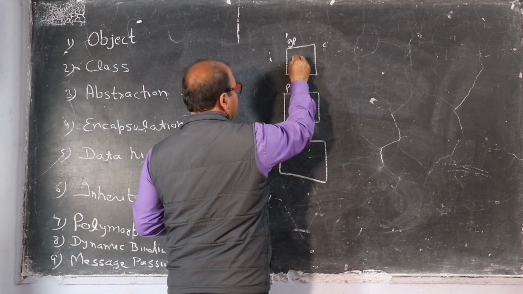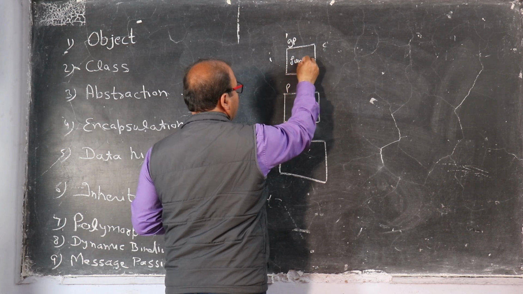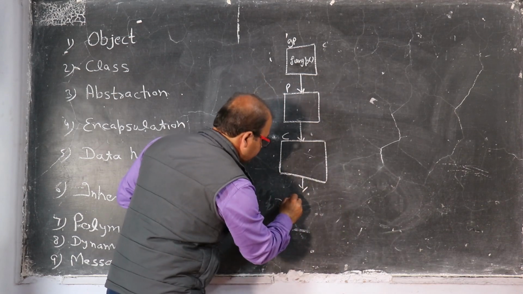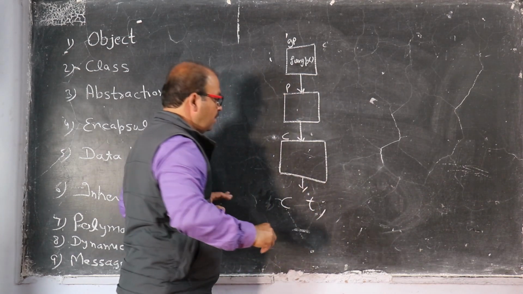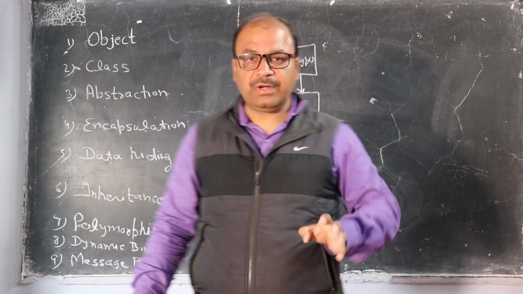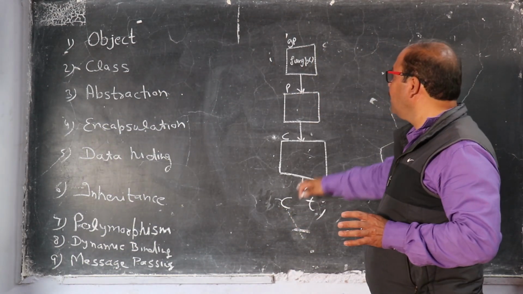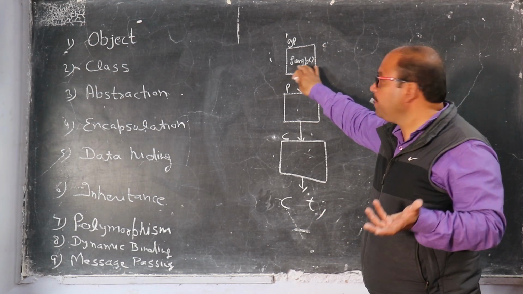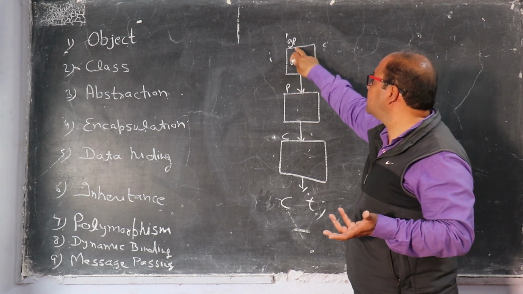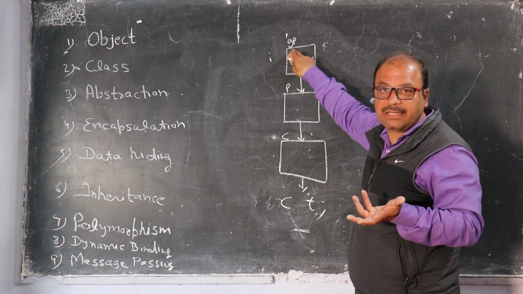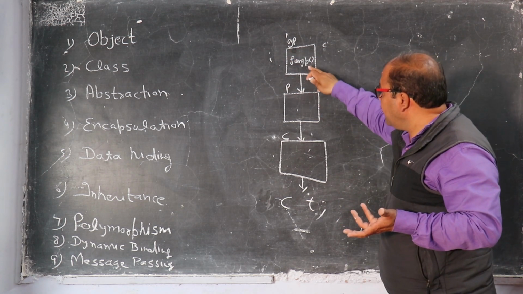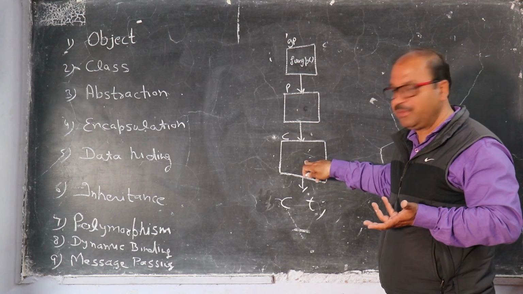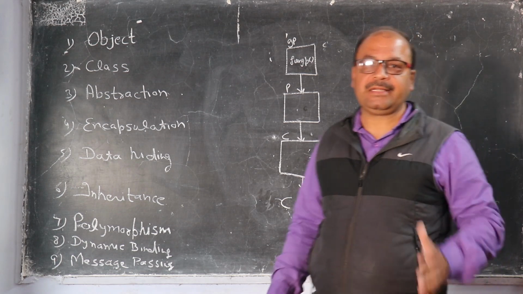You can say GP, grandparent, you can say fun GP. And now we have the object T. The object T is of class C. Now we have fun GP, means the name of the function, function grandparent, which is declared or defined inside the class grandparent, and it is inherited in parent and further inherited in child. So this is called multi-level inheritance.